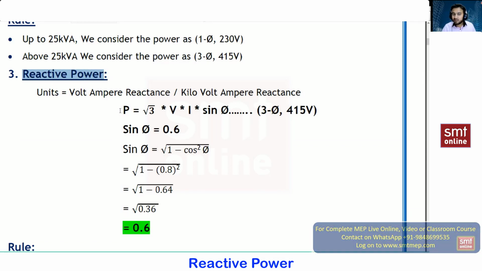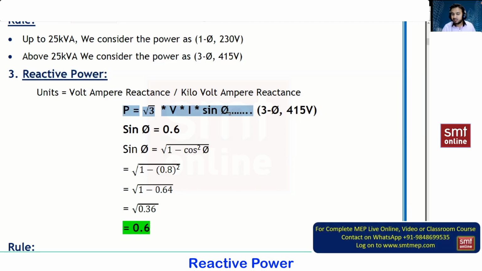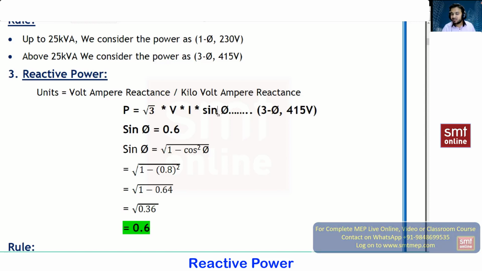And here the formula is meant only for the three-phase system, not for the single-phase system. And what is the formula we have? P equal to √3 VI sin phi. So the value is totally reversed. The opposite of cos is sine over here. Why we don't have a formula for the single phase? Because for single phase, by default, the manufacturer is responsible to maintain the quality of power. For three-phase systems, we are responsible.